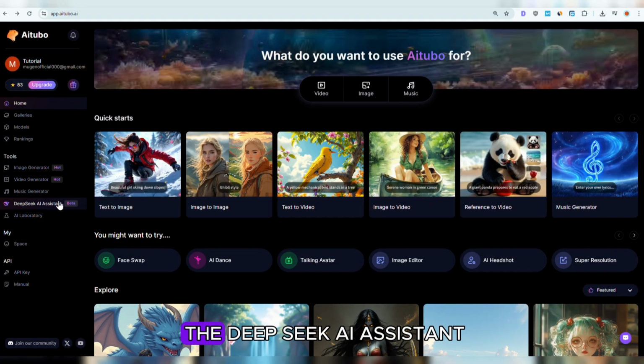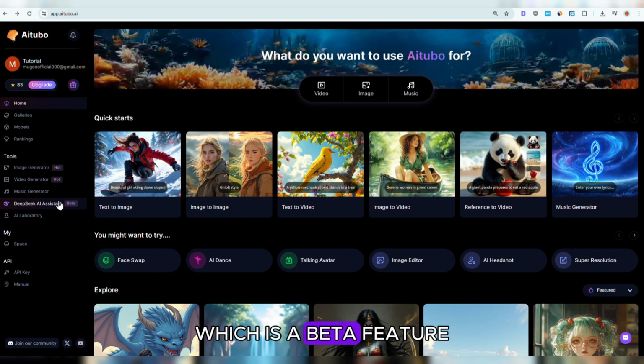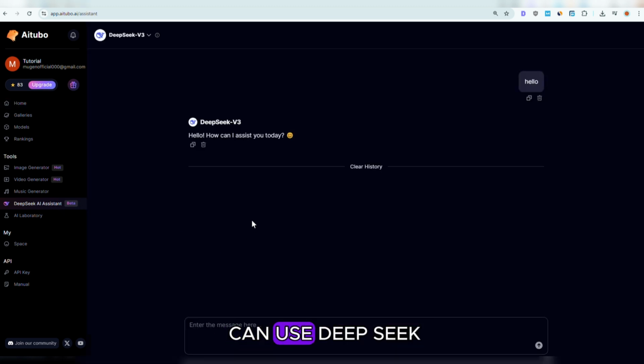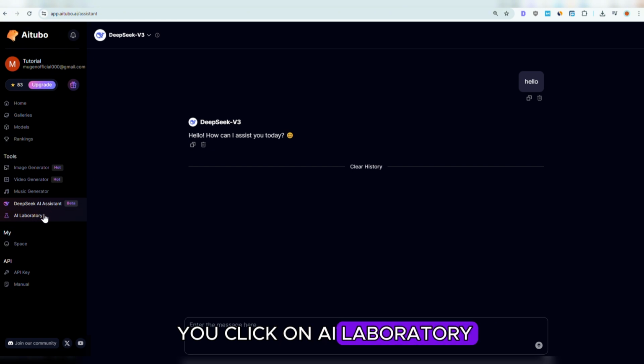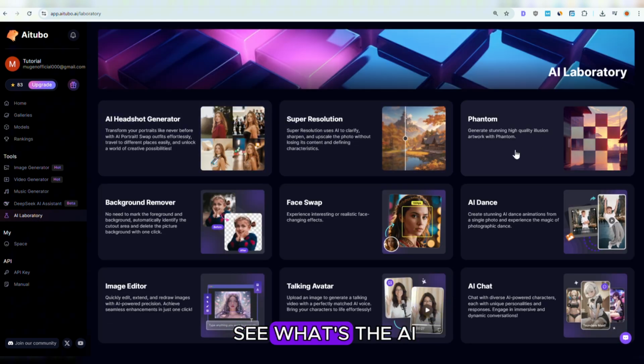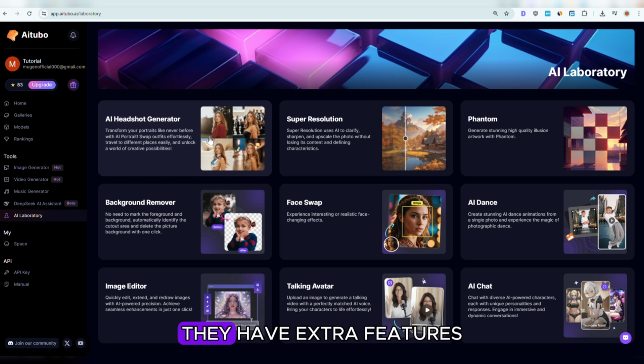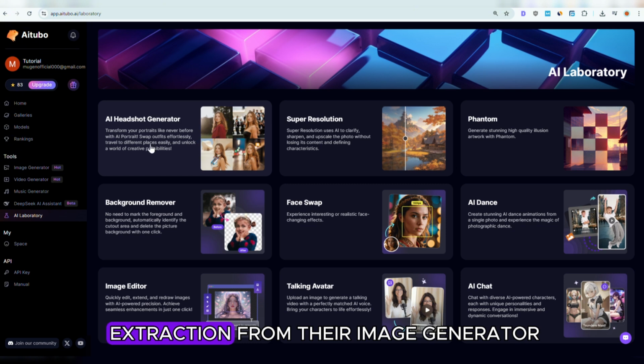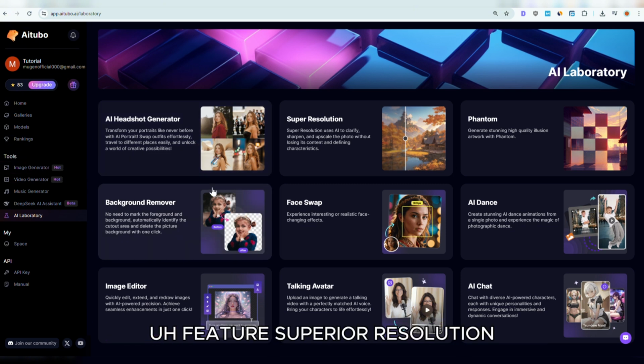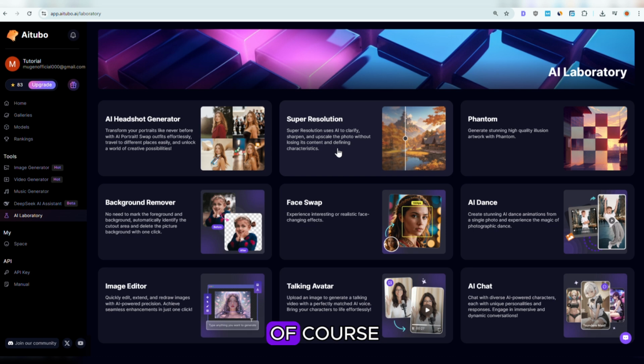Fourth feature is the DeepSeek AI Assistant, which is a beta feature. So you pretty much can use DeepSeek version 3 on AItubo. If you click on AI Laboratory, you can see what AItubo offers. They have extra features like AI headshot generator, which is like an extraction from their image generator feature, super resolution, of course upscaling images, phantom, you can remove backgrounds, swap faces, AI dance, which is another way to go viral